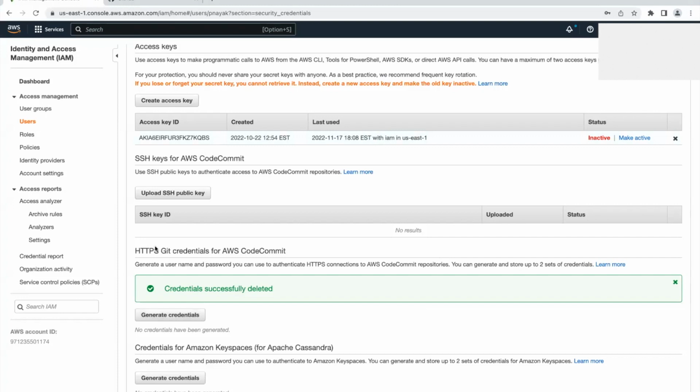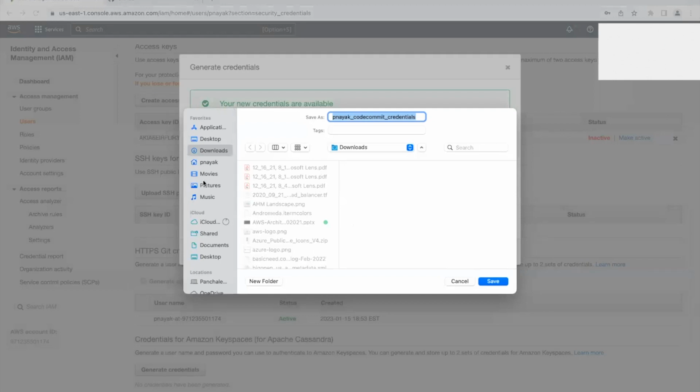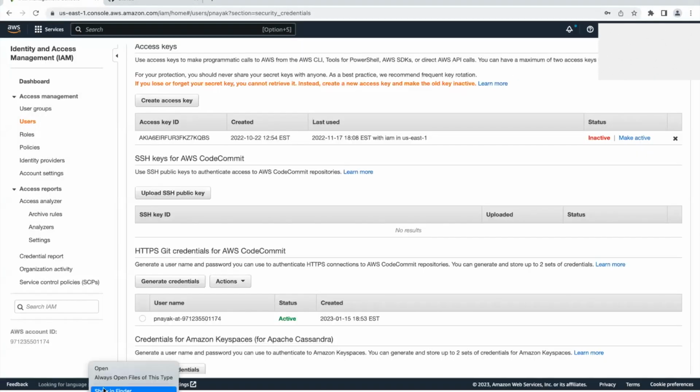Here you see CodeCommit, HTTPS Git credentials for AWS CodeCommit. So generate a credential here. Once you generate it, you get a username. Just copy this, or you can download the credential also. I'll download it to my desktop. So that's it. Now if I open this,